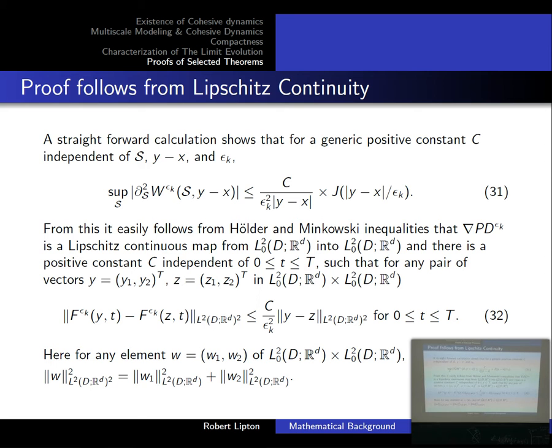And so in this norm here, y and then z, t is the same for every t in 0 to T, and we actually have that this is a Lipschitz continuous map. So the right-hand side of the ODE is a Lipschitz continuous map in L2, and the Lipschitz constant is C upon epsilon squared. Okay, so for a fixed epsilon, we have existence of our ODE flow